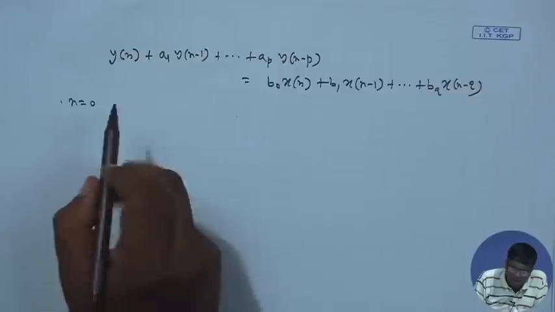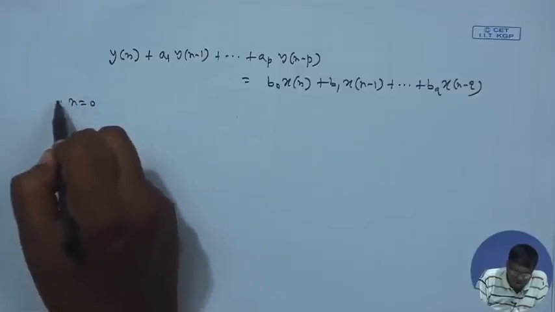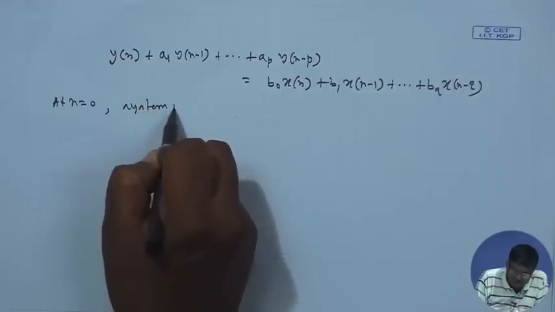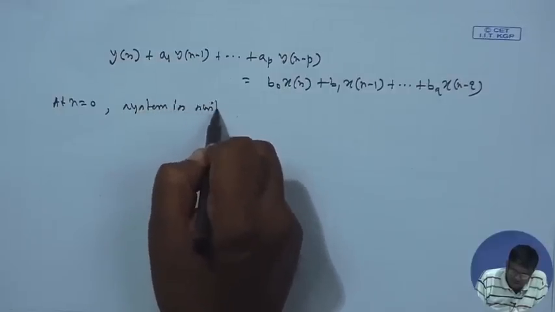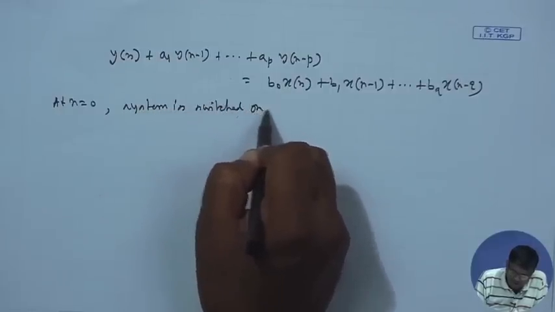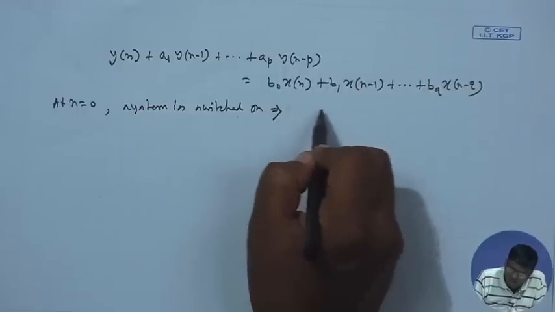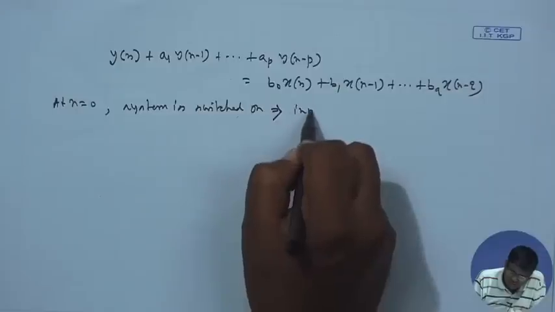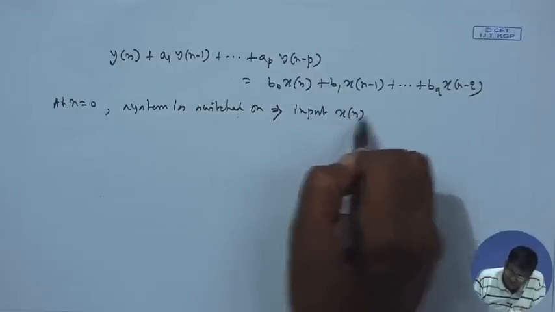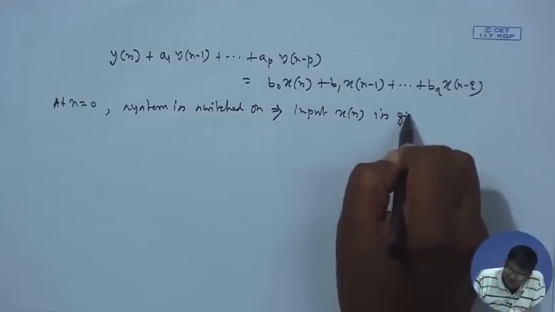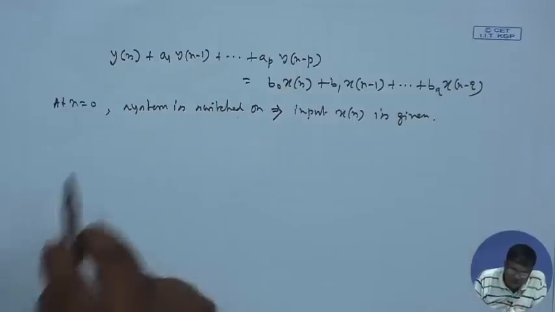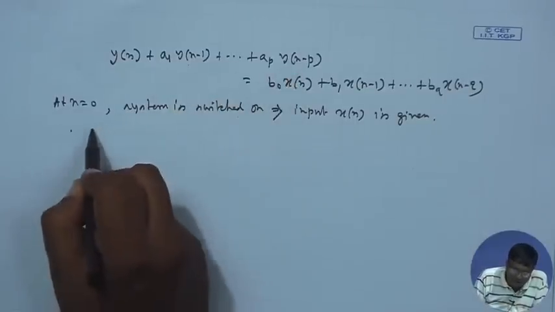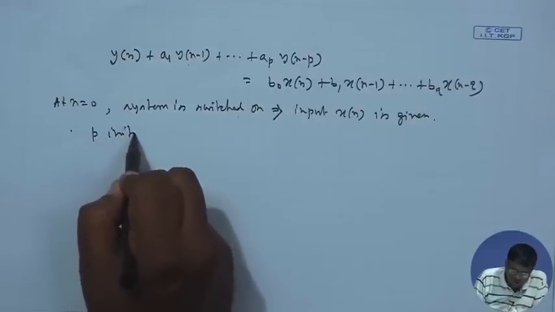That is, the system is switched on at n equal to 0, meaning you give input x n. x n is given, and at that time you have got p initial conditions given,